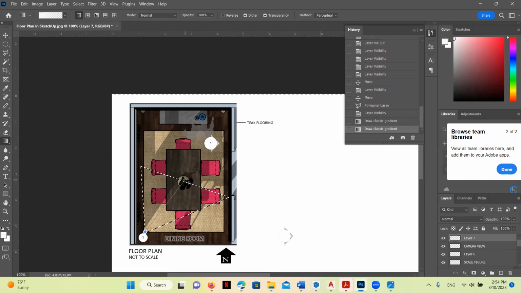Just click and drag, see? Now you can see the camera view is white to match the annotation bubble, and then it starts dark and goes light. Control deselect and look at that beautiful camera view. You can see here, we covered a lot of ground in this floor plan. And remember, you can do all these same kind of tricks adjusted for elevation views as well. But you can see here, this is how you import a floor plan created in SketchUp and rendered in SketchUp, adding a title, scale, north arrow, room labels, notes, a scale figure, and camera views.